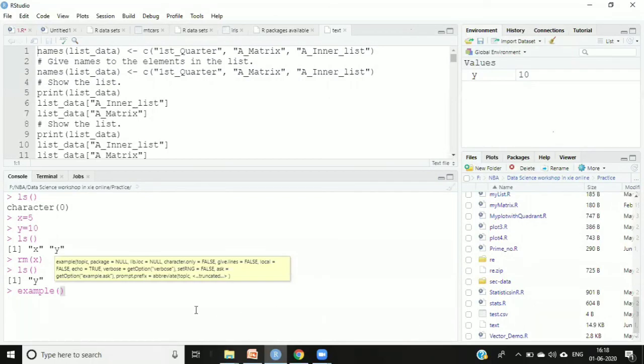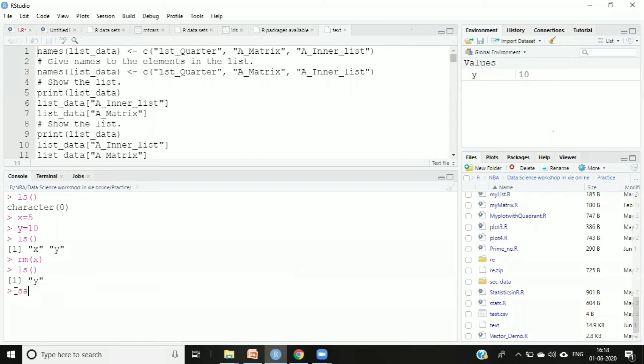Okay, so once we say save history, and in the quotes, let's say I'm saying my history, and I am entering it. So it will create my history.